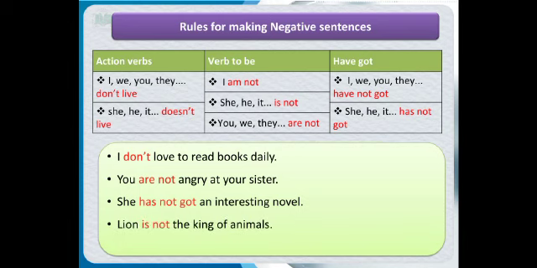Lion is not the king of animals. The fisherman doesn't catch beautiful fishes. Here you must see the first and the last example. I have used I and then don't, because in the structure we have already talked about that I, we, you, they go with don't. If we talk about the last example, the fisherman doesn't catch beautiful fishes. Here we are using doesn't because the fisherman is a singular noun, so it works as he, she and it. And we are using the first form of the verb catch in it.